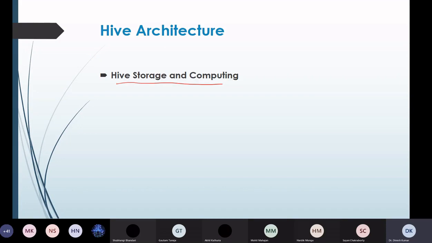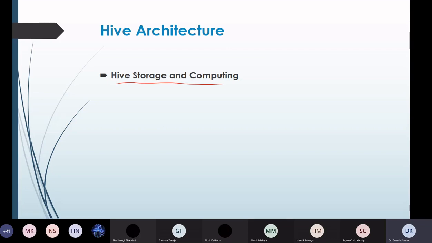So all those job clients, which in turn communicate with the Hive storage to perform some actions, right? The metadata information which is generated in the form of tables by Hive is stored in the Hive metastore tables.